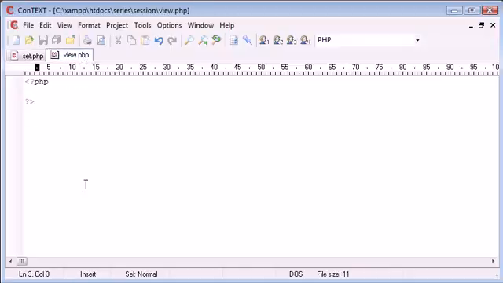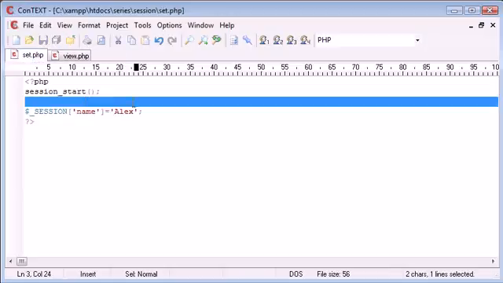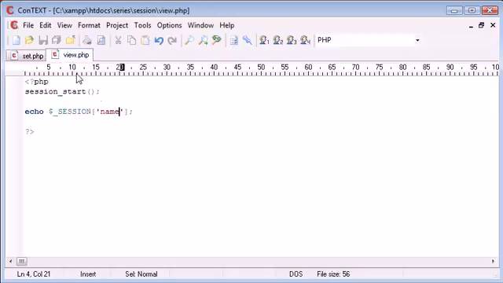So what happens on view.php when we want to return this data to the user? Now usually you would have to include this file inside this file, so include set.php, when we're working with variables. However, because this is session data and it's stored on the server about us, you don't need to. So session_start, make sure you include that even when you're reading back variables. Then we can simply echo $_SESSION name. And what this is going to do is take this stored variable inside this session called name, and